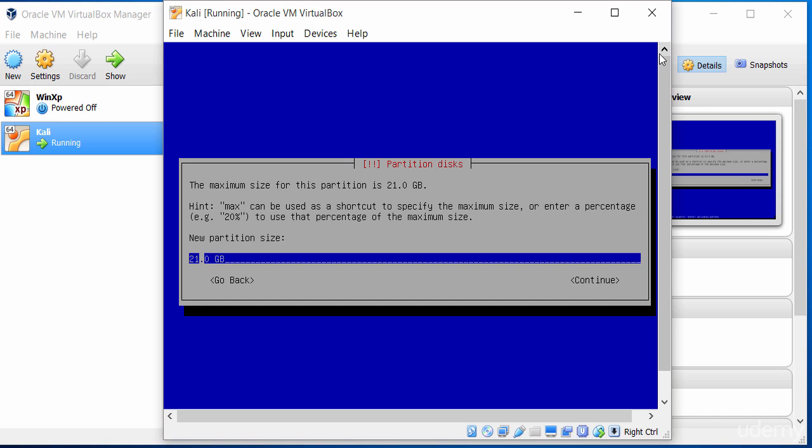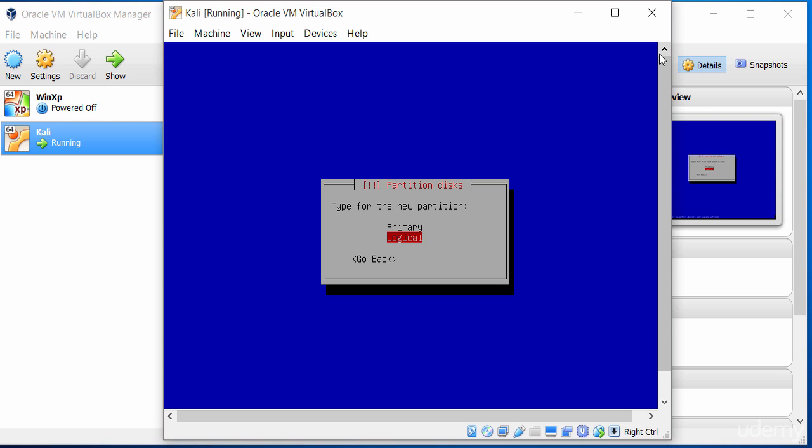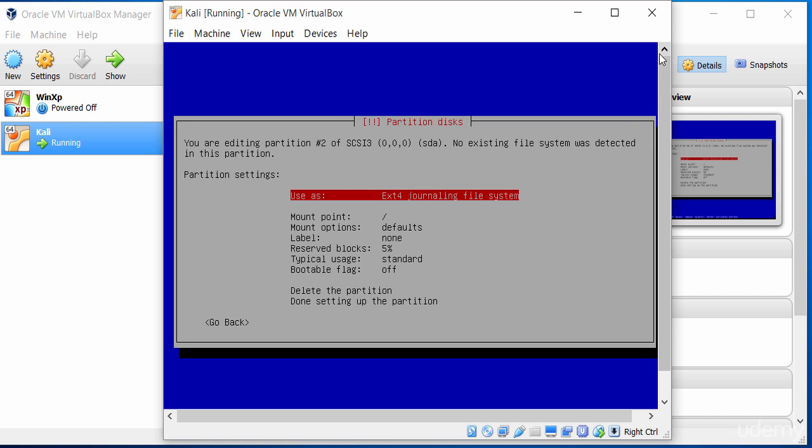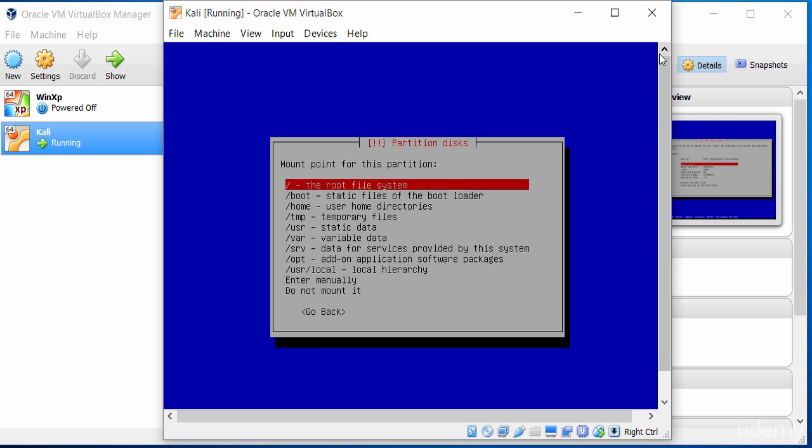So we do that by going in here and creating that, and this will allow, if the RAM gets a bit low, we can then use the swap partition to allocate some of the RAM to and allow the system to be more stable and not run out of memory. So we create another primary partition here. We want to go and set this as a swap partition. So let me just see where that setting is. Let me go into this ext4 journaling file system and make sure